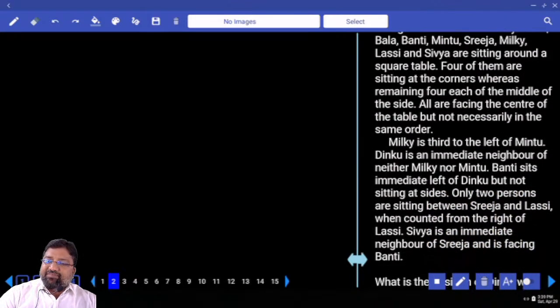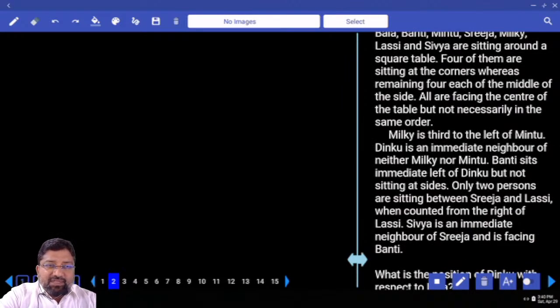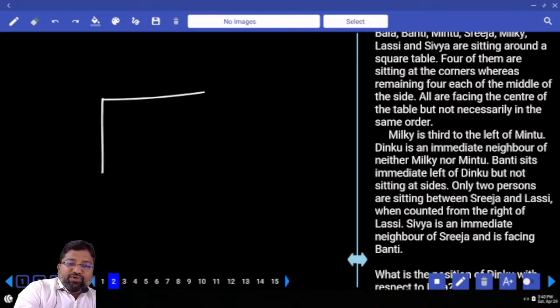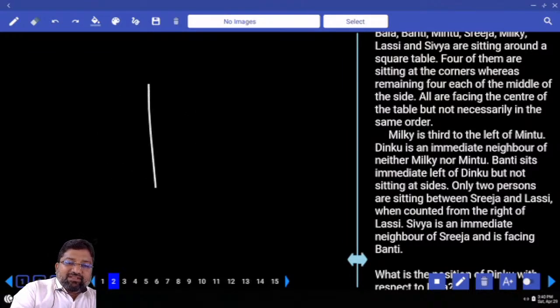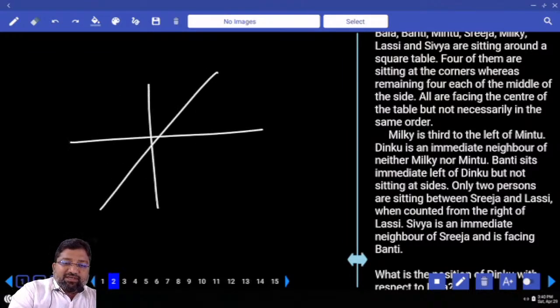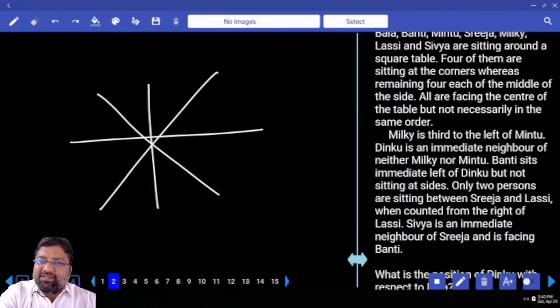So is everyone facing the same direction? Everyone is facing the same direction. But the problem here is some are sitting in the middle of the sides and some are sitting in the corners. Instead of going in this traditional way, we'll try it exactly the way we try in circular arrangement. Somewhere or the other he'll tell us somebody is sitting in the side or somebody is sitting in the corner. Based on that person we will decide.